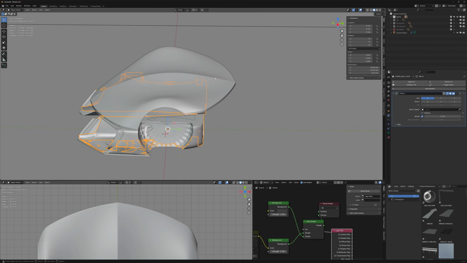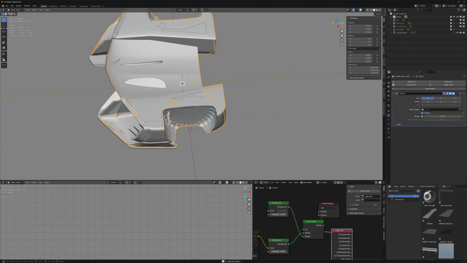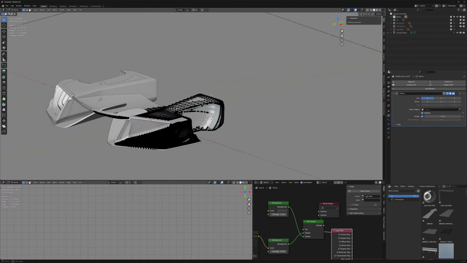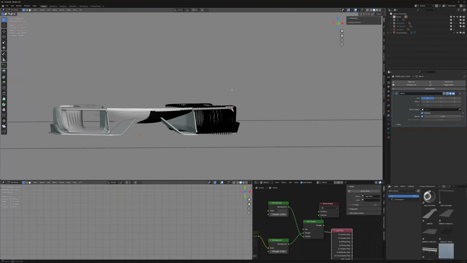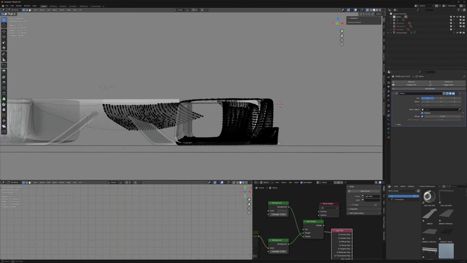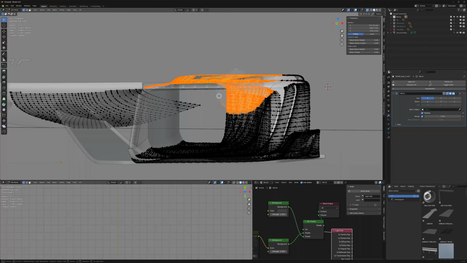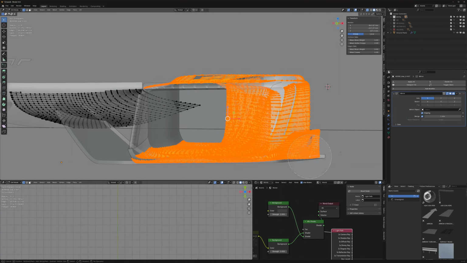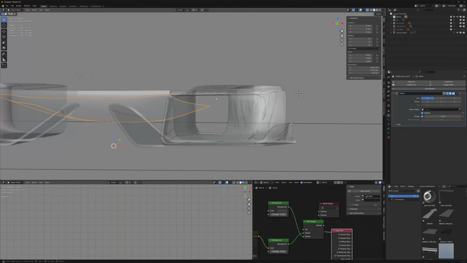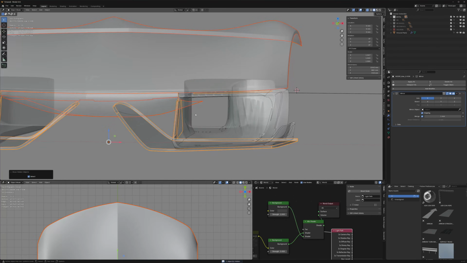So let's grab these. Now, can we detach that from that? I think we can. So let's detach. Let's grab this stuff here and separate that. So we can hide this now. And on here,